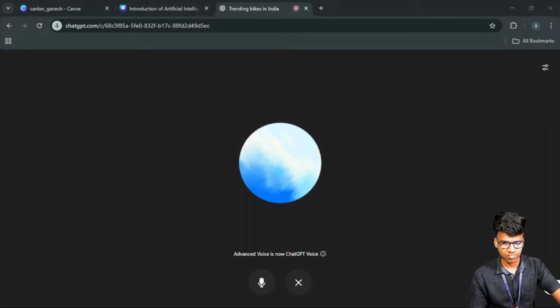Honda SP 125, around 94,000 rupees, a reliable commute with good mileage. And Hero Splendor Plus, starting at about 79,000 rupees. It's budget friendly and super fuel efficient. These prices can vary a bit depending on location and dealer offers, but these should give you a good starting point. Okay, fine.